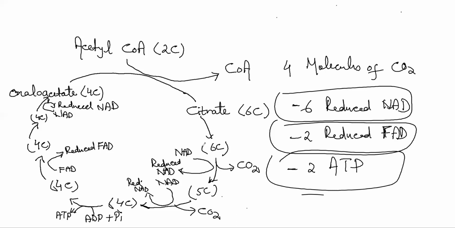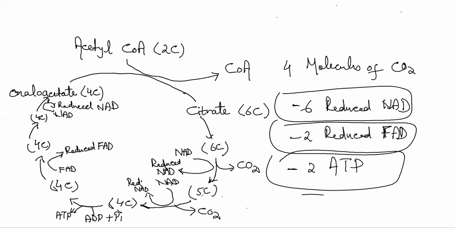Once they have mentioned only the citrate, which is the first product of the Krebs cycle, citrate changes into another intermediate compound, which is once again 6-carbon, and then this 6-carbon compound gets decarboxylated and dehydrogenated, and it changes into a 5-carbon compound. Obviously, when we say decarboxylated, it means a carbon dioxide molecule is removed. When we say dehydrogenation, hydrogen is removed and accepted by a hydrogen carrier, which is NAD over here, so it gets reduced.